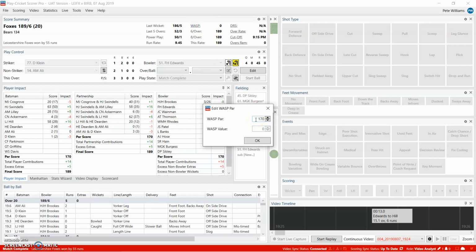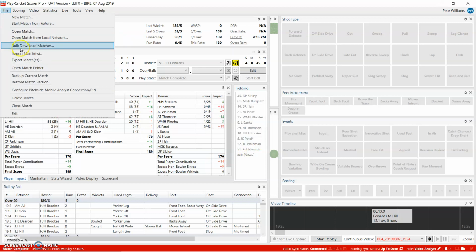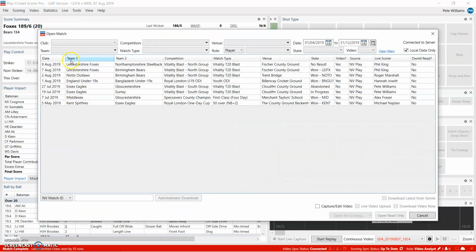So after now the tool's all working, you can go back over your games and add the Wasp par score in if you wish. So I suggest that you want to do that for your white ball games from here on in, and it's relatively simple. You just go to your match